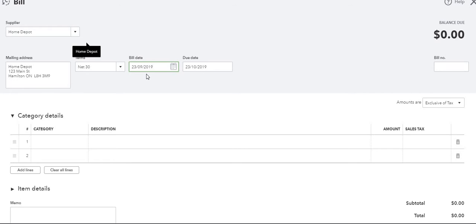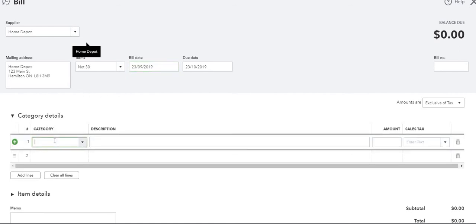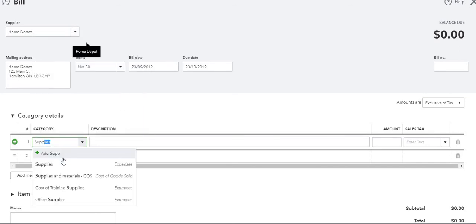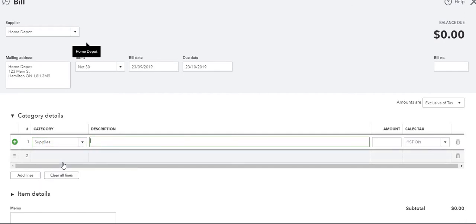Okay, now we'll move down to the category details, and we are told in our instructions from the project that we're working on that this particular expense is going to go to supplies. As we start to type in supplies, we can see here it automatically populates it. We will select supplies expense. And under description, we can just call it supplies for office. All right, we will now fill in the amount, and we were given an amount of $98.78 plus tax,